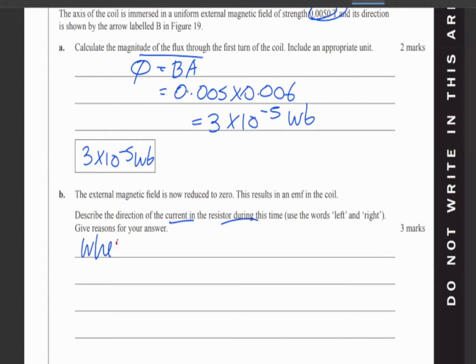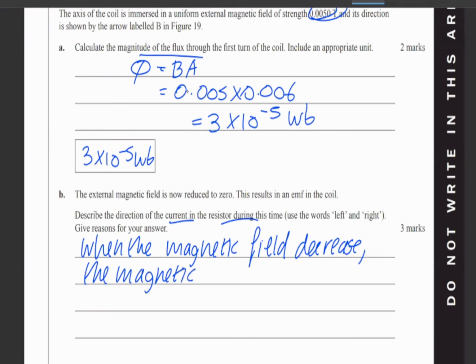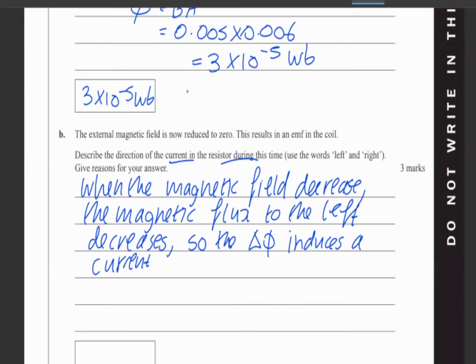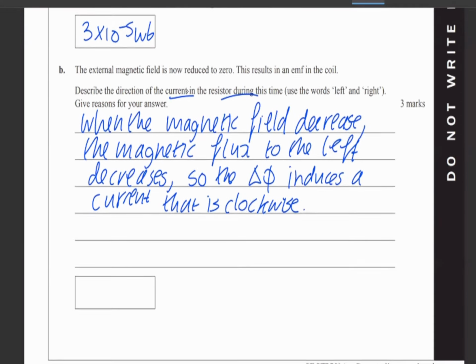So when magnetic field decreases, flux left decreases, so the change in flux induces a current which is current that is clockwise. So therefore, it goes from